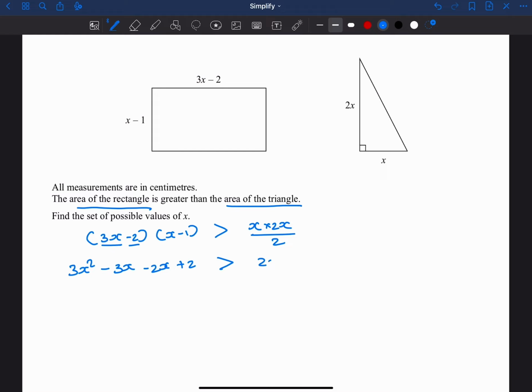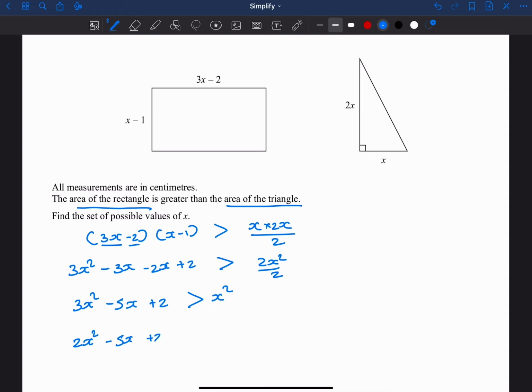X times 2x is 2x squared over 2. Let's simplify this on this side. 3x squared minus 3x minus 2x is minus 5x, plus 2 is greater than 2x squared divided by 2, which is just x squared. It's a positive x squared. If you bring it to the other side, it becomes minus x squared. But I already have 3x squared, so that makes it 2x squared, because it's 3x squared take away 1x squared,